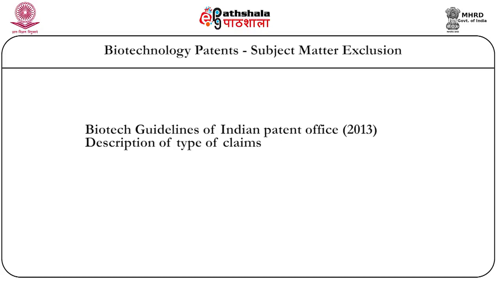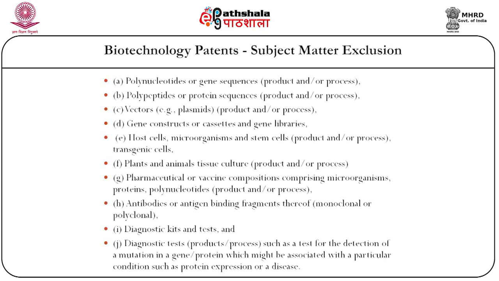They say that biotechnology applications comprise claims relating to certain subject matters like polynucleotides or gene sequences, which may be either product or process based claims, polypeptides or protein sequences, again product and process based claims, vectors like plasmids, which may be in the form of product or a combination of product and process claims, gene constructs or cassettes in gene libraries, host cells, microorganisms and stem cells, which may again be in the form of product and process claims, transgenic cells, plants and animal tissue culture,